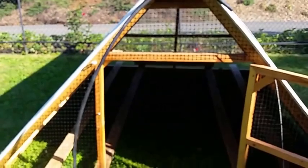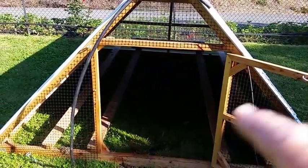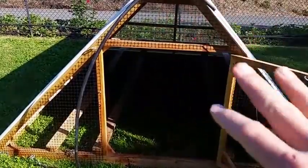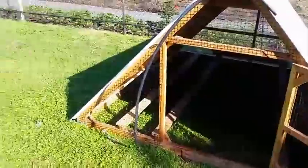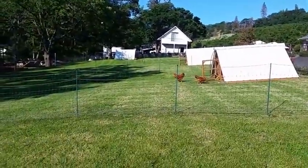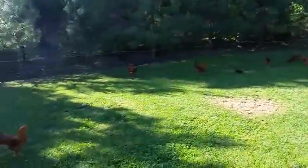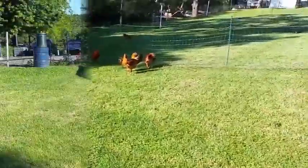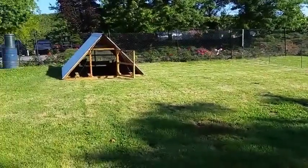Now in the wintertime, I can take some clear plastic and staple it onto some parts of the house and kind of close it up a little bit tighter, and that works pretty well for me there. So anyway, that's how I grow out birds on pasture here. One of the things I wanted to cover in a little more detail about rearing out